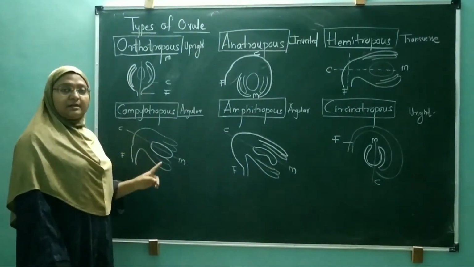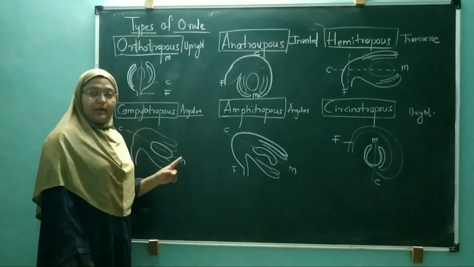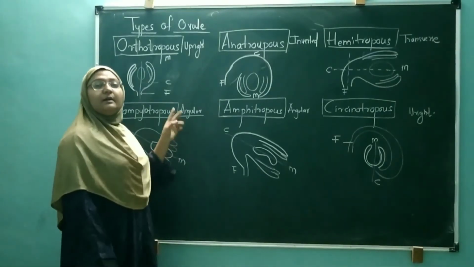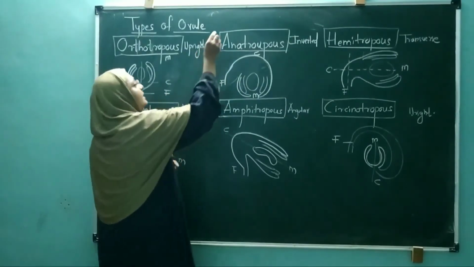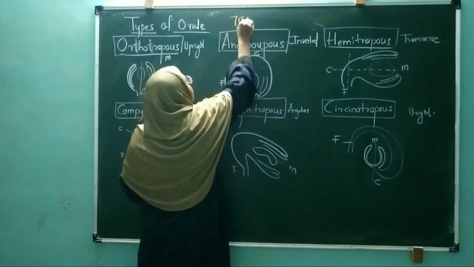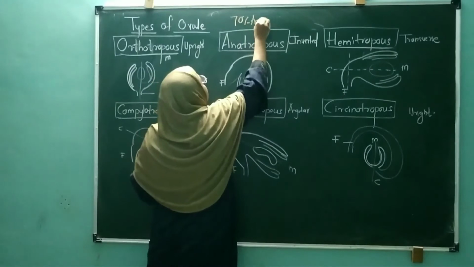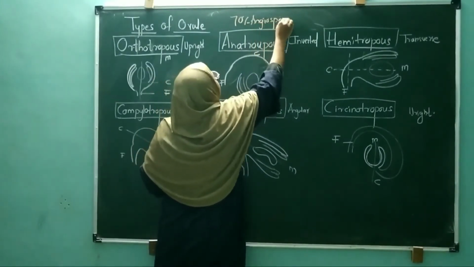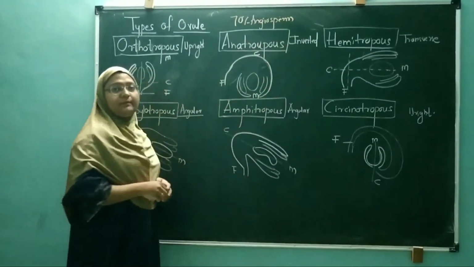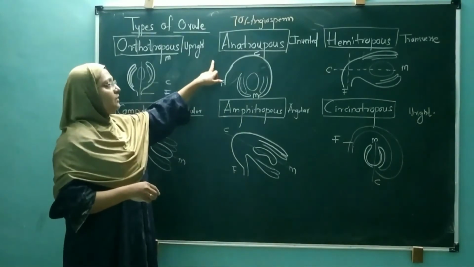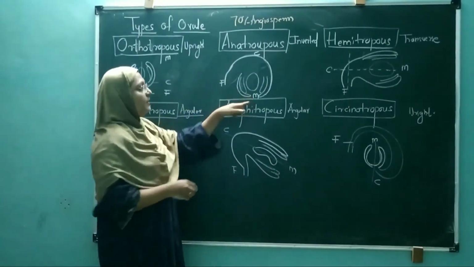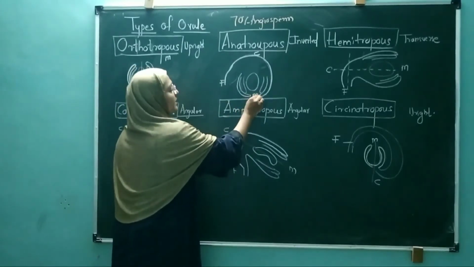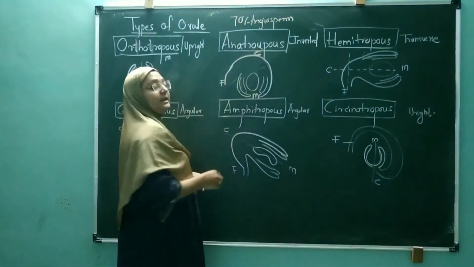Remember, we have discussed the structure of the ovule, and the ovule in angiosperms is anatropous. Most angiosperms, about 70%, have this kind of ovule. So what is this kind of ovule? Anatropous ovule. In the anatropous ovule, the micropylar end, that is the M, and the chalazal end, which is given